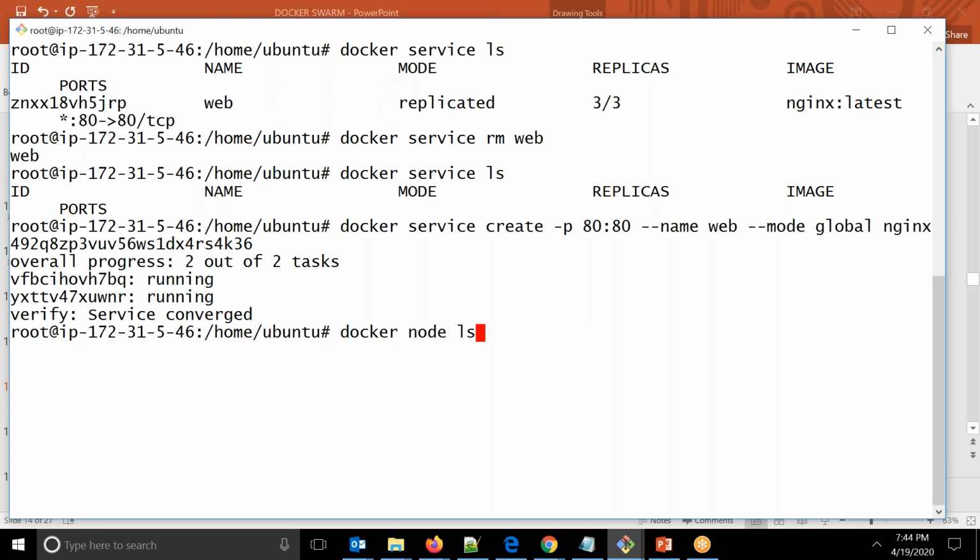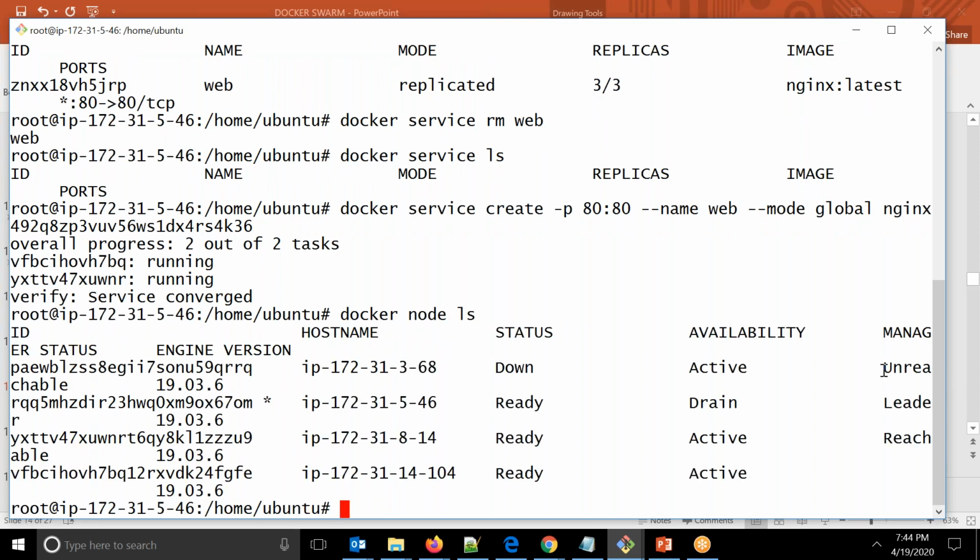So docker node ls. You can see this is still unreachable. That is fine. But the remaining is 3. But in the 3, there is one machine which is drained. That means it is not supposed to run. So that way, there are only 2 machines available. So automatically,